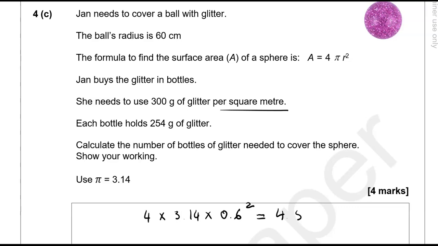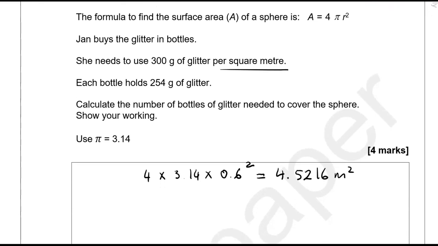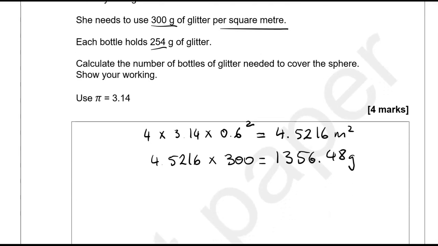Gives us 4.5216 squared meters. Now she is going to use 300 grams per square meter, so I'm going to multiply 4.5216 by 300, which gives us 1356.48 grams of glitter, and each bottle holds 254 grams, so I'm going to divide